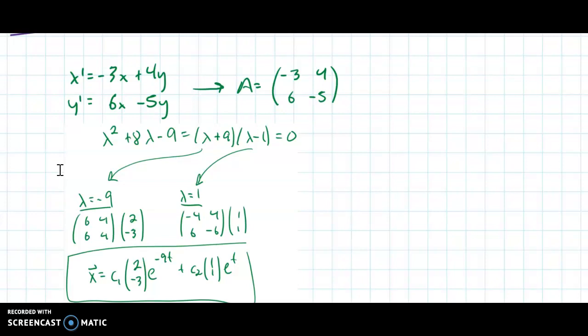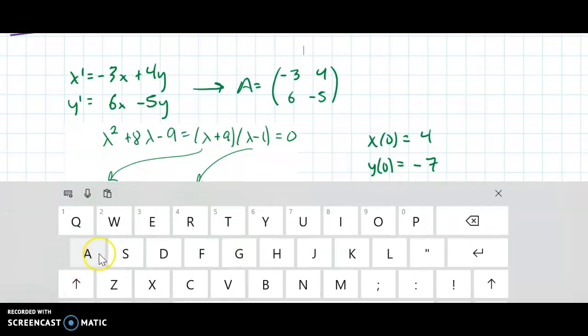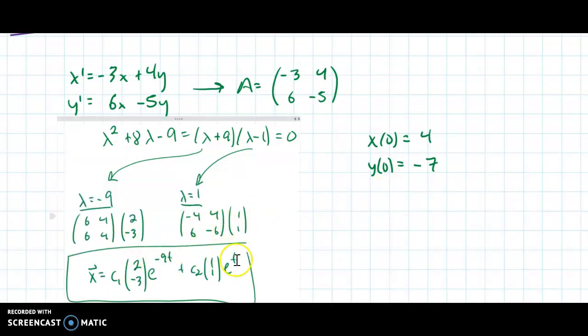I am done. But say for this one, they told me x of 0 was equal to 4, and y of 0 was equal to negative 7. Okay? Then I need to solve for the c values that will work to give me that. So we need to plug in x equals 0 to this. Doing that is actually quite easy in the form that it currently is in. I can go x of 0 is c1 times 2, negative 3, and then it's e to the negative 9t,